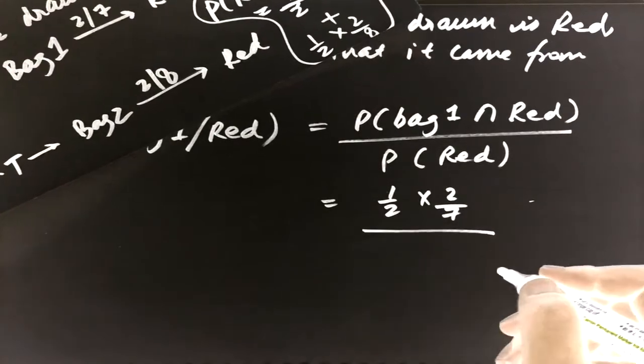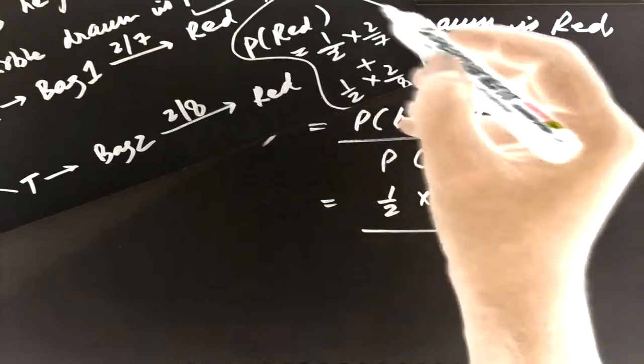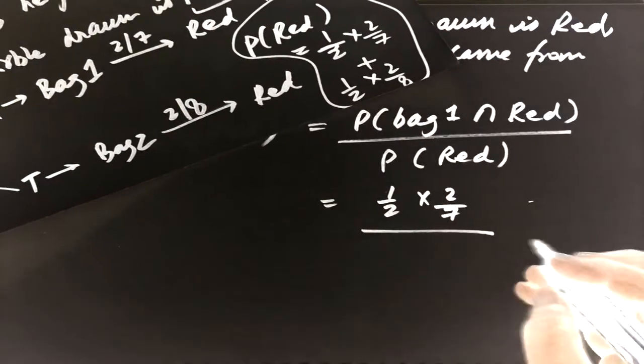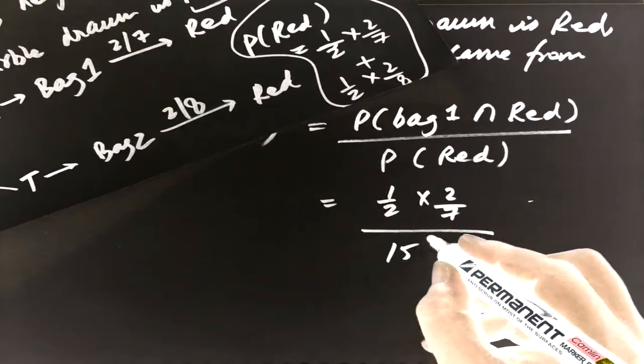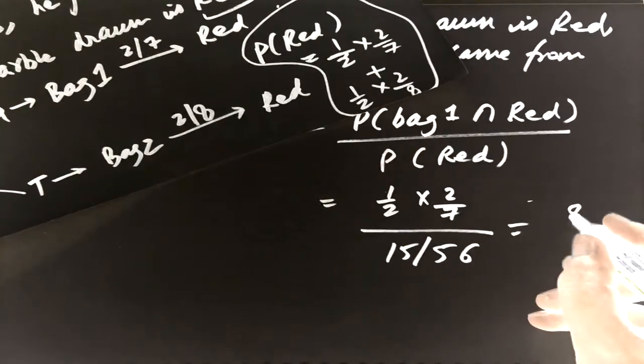The probability of red, this was this part, the total of which will be 15 upon 56. If we solve it further, it will be 8 upon